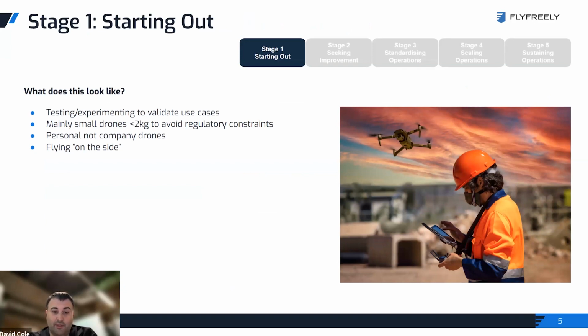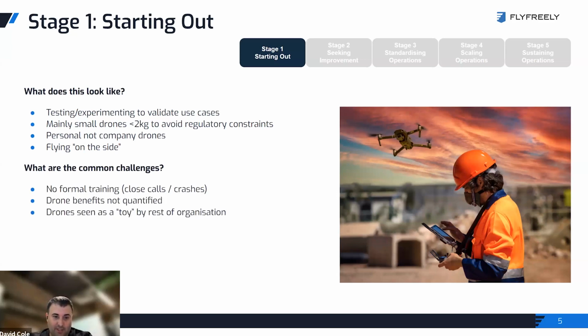So someone in the company says, I want to try this out. They get one of their own drones, start capturing some data and trying to prove up a use case. They're typically doing this not as part of their role in the organization. It's something they're doing on the side, out of interest more than anything, and trying to turn that into something that the company can adopt.